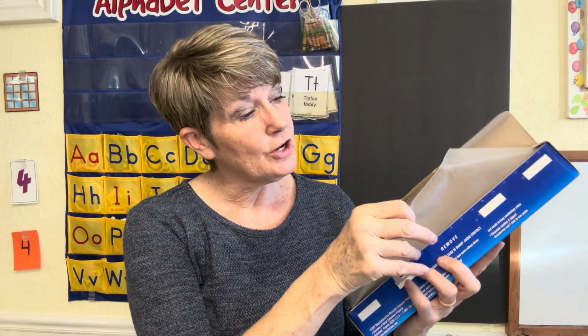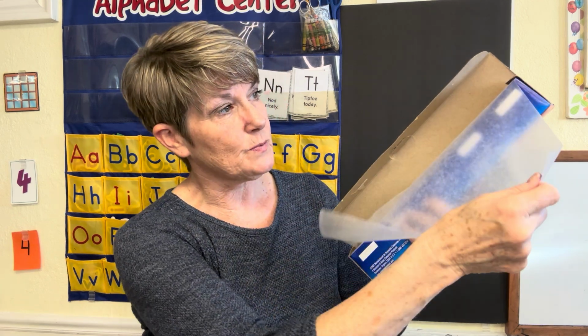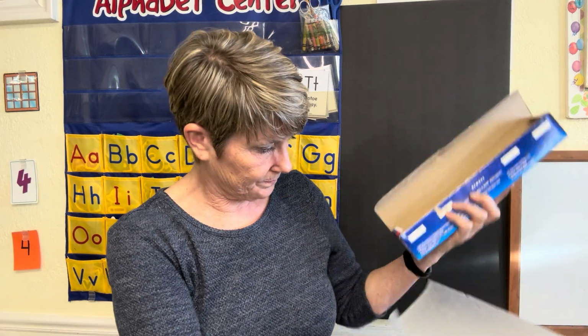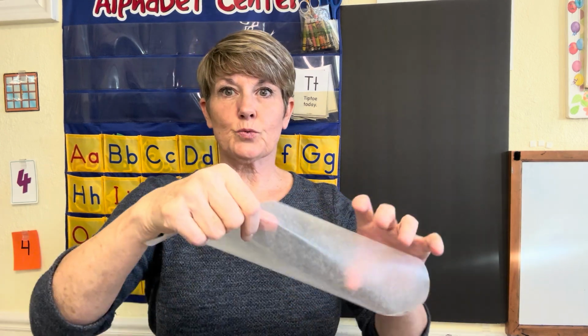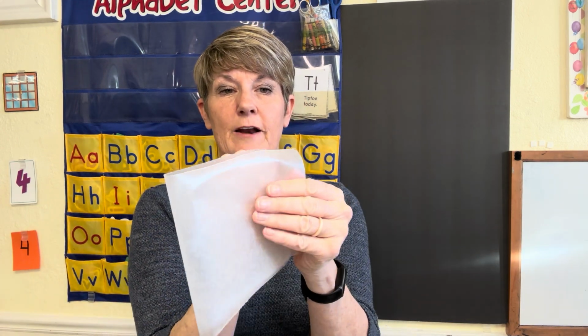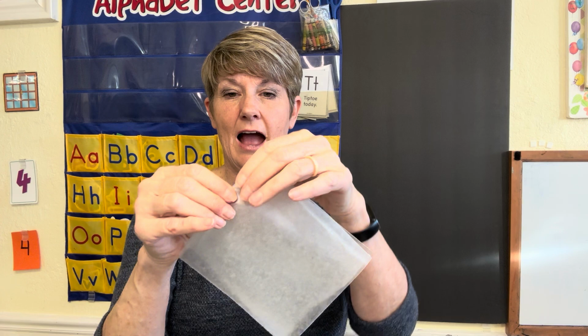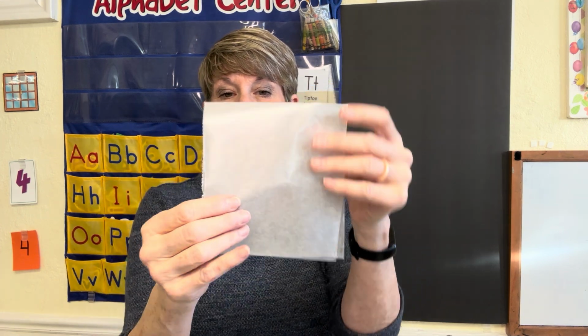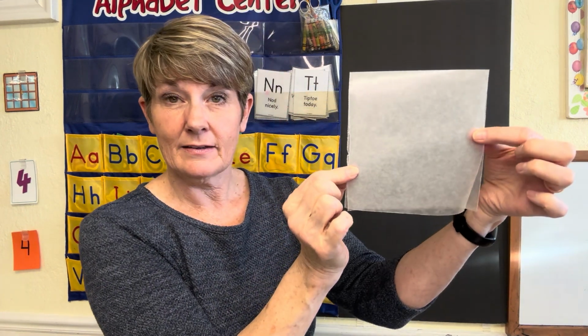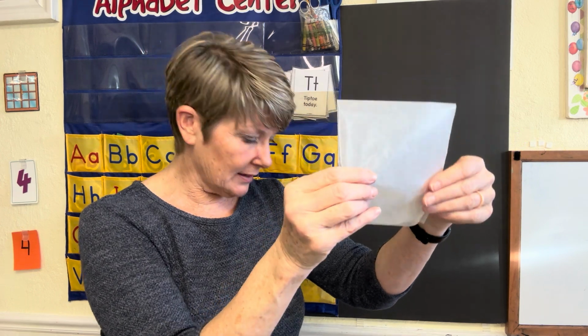Now remember, you're going to need some help from a grown-up for this one, and we're going to tear it off. It's really long, and we're going to fold it right in half. So I have 2 pieces together, okay? That's kind of a big square. It's a little too big for an ornament. So we're going to take this square,